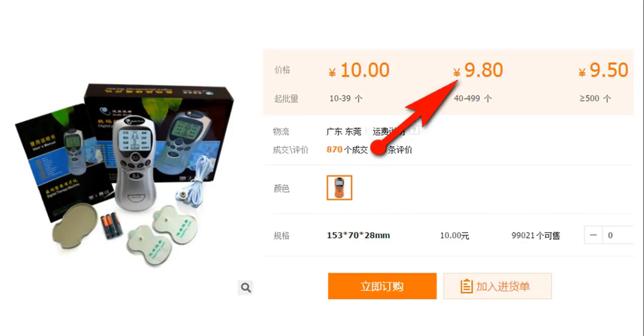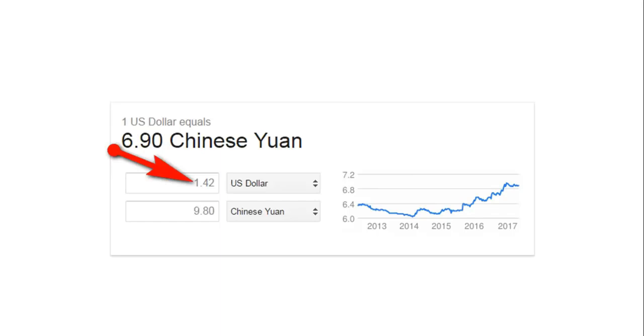Sorry, that is not dollar. That is 9.8 yuan as against $4. Now, how much is 9.8 yuan at that time? All right, 9.8 yuan was equivalent to $1.42. Now, I was buying it for $4, right? But here on this other platform, it sold for